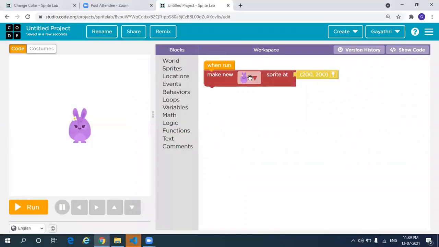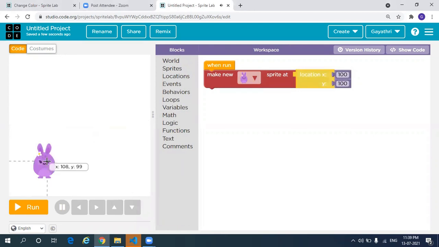By default, you get this, when run, make new sprite at this location. So remove this location and select a location here and add this, okay? So the location, we'll change this location later.